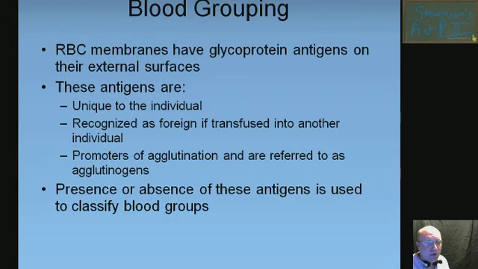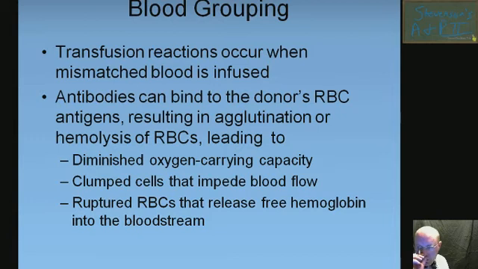Okay, promoters of agglutination are referred to as agglutinogens. Presence or absence of these antigens is used to classify blood groupings. Transfusion reactions occur when mismatched blood is infused, and then the antibodies can bind to the donor's red blood cell antigens, resulting in agglutination or hemolysis of the red blood cells, leading to